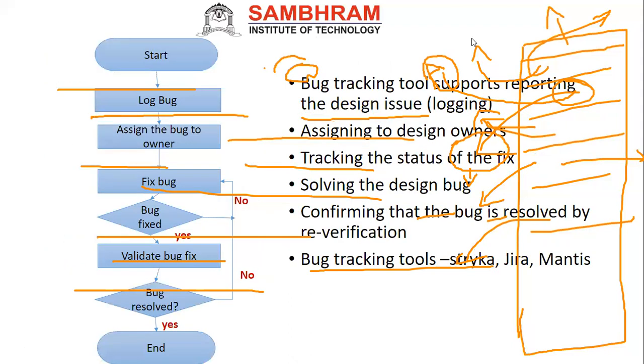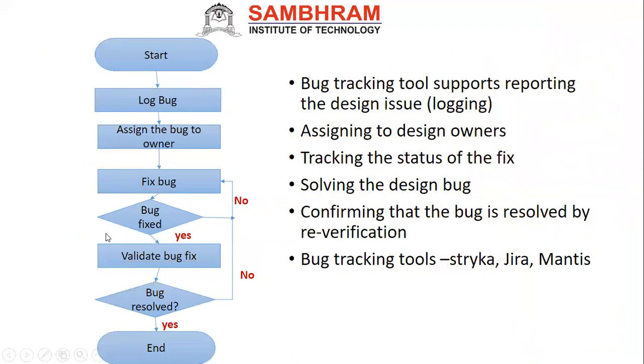Now we can see how bugs are handled in the tool. First, you have to start with log bug. This is the information log file they may call in your system. I hope you remember that when you run any application, a file called a log file is generated. The log file will have the recent activities related to that application.